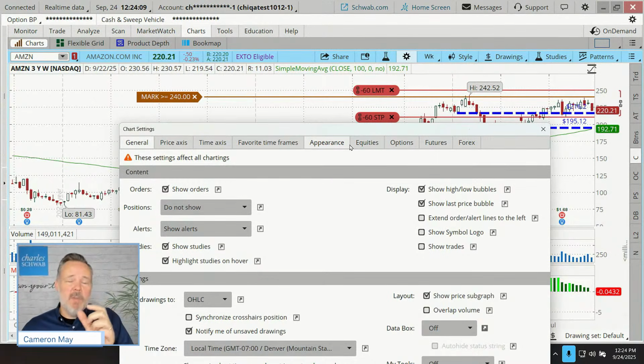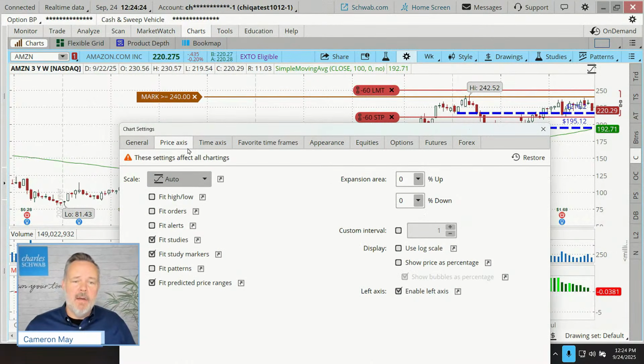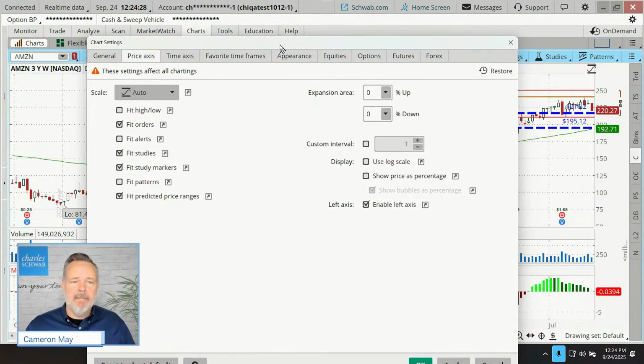In that case, Thinkorswim will still let you know there's an order waiting up there. It'll create just a little pill and point up. These are what we call pills, these red icons. But if we want to see our orders, if we want to compress the chart so that we can see those at all times, we can check the box there for fit orders, okay?